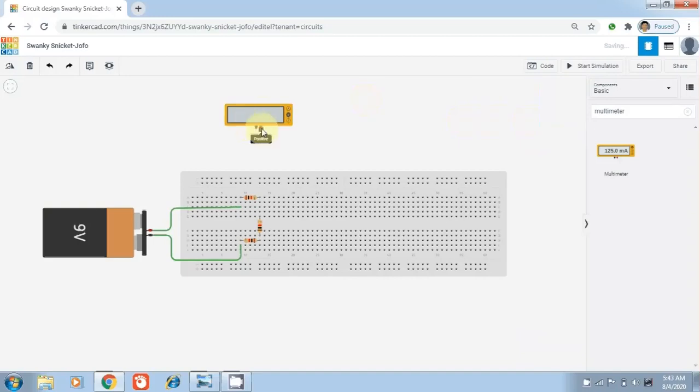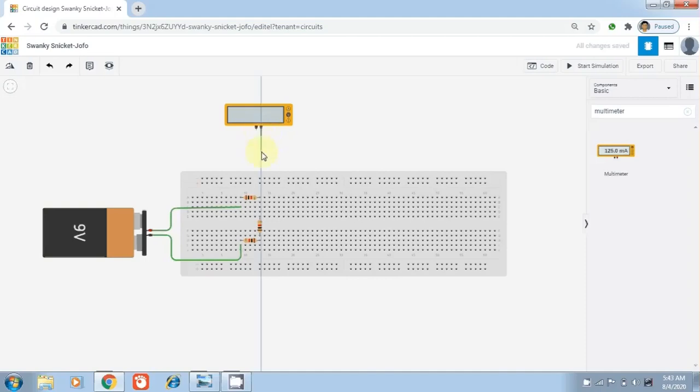And the multimeter has two terminals, positive terminal and negative terminal. So the red wire of this multimeter shows the positive terminal of the voltmeter and the black wire shows the negative terminal of the voltmeter.